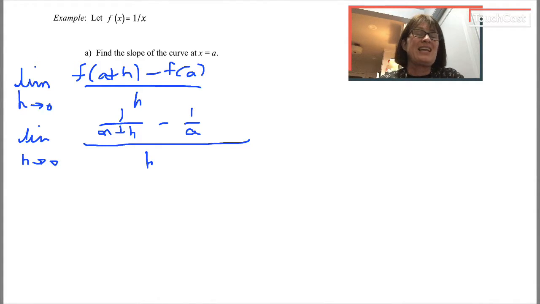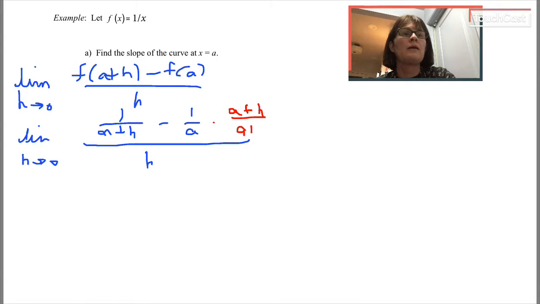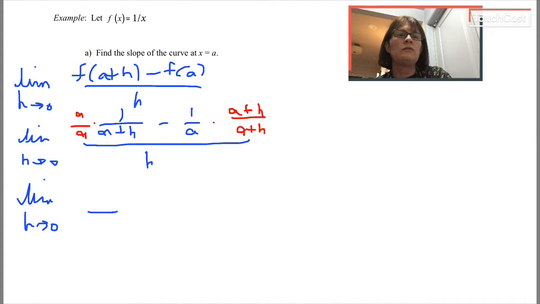Well, you might recognize this as a complex fraction, a fraction with fractions in either the numerator or denominator or both. So I'm going to try to simplify this by getting a common denominator so that I can rewrite this as, instead of a division problem, multiplication by a reciprocal. My common denominator for a plus h and a is going to be a plus h times a. So this is going to be the limit as h goes to 0 of